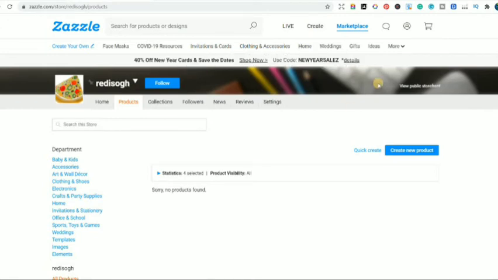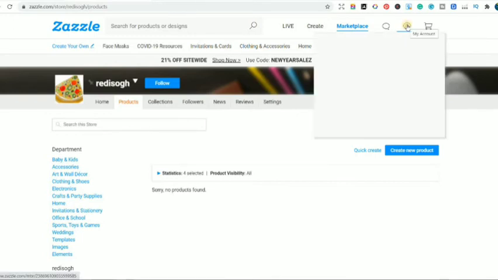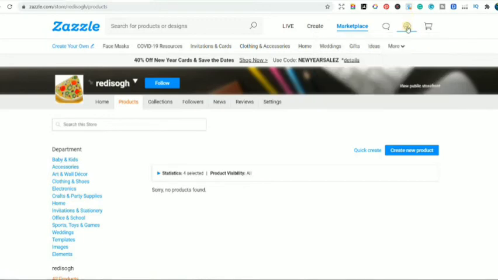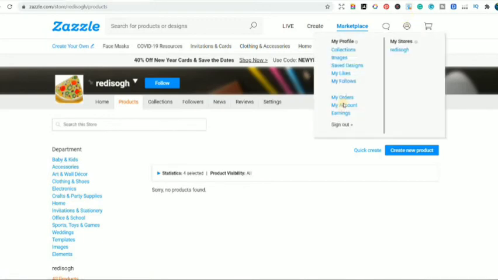Now we actually need to go into our account and set up our account, because in the beginning we set the settings for our store regarding the tagline and everything about our store. Now we need to go into our account and add further details, because that is really important. So what I'm gonna do, I'm just gonna go over to this profile icon, and then we'll just go into my account.